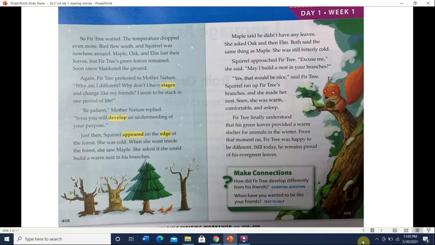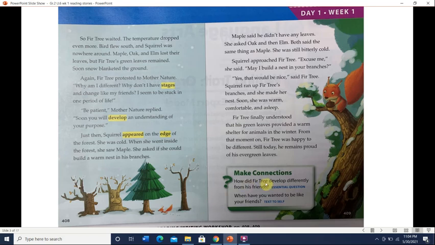Okay, and if you don't understand now, you will grow or develop to understand as you grow up. Okay, so that is the message of this story. If you guys remember what the word message means, the message or the idea of the story is the theme. Okay, and we will go back and try to look for the clues to prove that this is the theme of the story. But let's answer this question again.